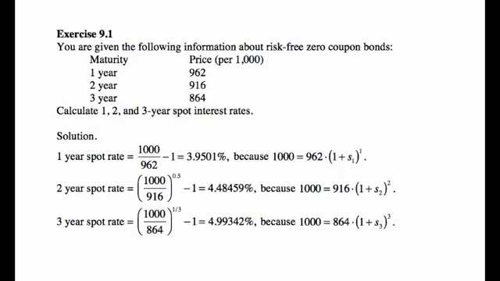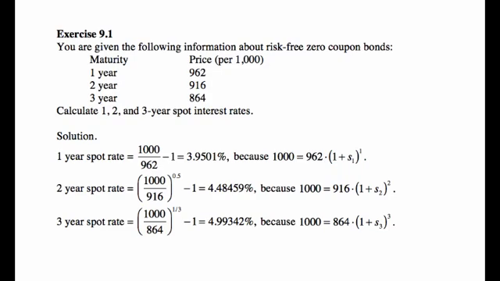Now for the 2-year spot rate, basically what this is saying is that 916 accumulated at the rate S2 over 2 years gives you $1,000 in 2 years, and we solve this for S2, and we get it to be equal to the square root of 1,000 over 916, minus 1,